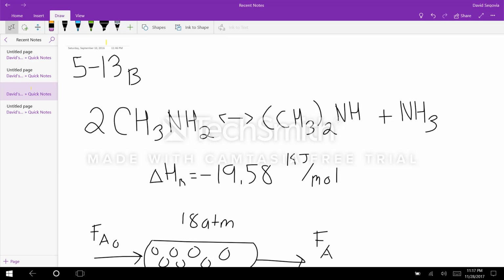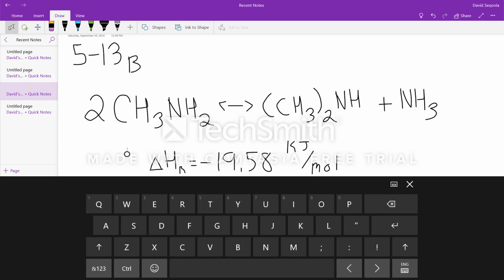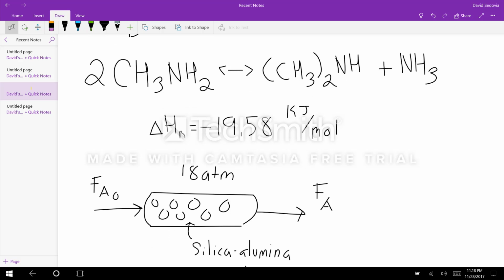For our reactions project, we decided to work out problem 5-13b from the textbook. In the problem, we are given a reaction that produces dimethylamine from methylamine. The reaction is given right here. We have 2 moles of methylamine going to 1 mole of dimethylamine, and the heat of reaction is negative 19.58